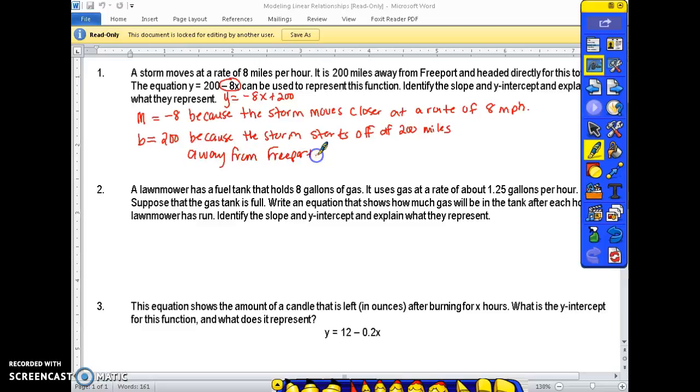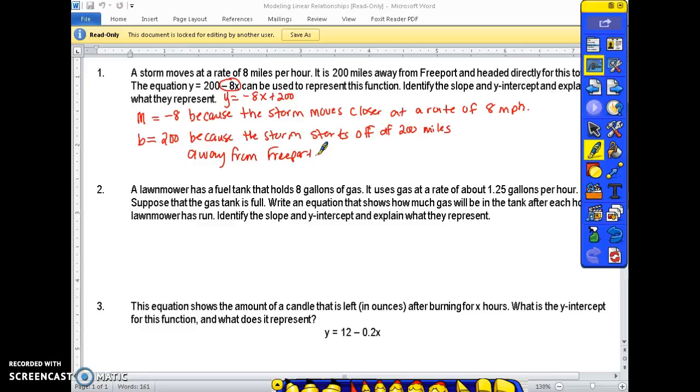So our initial value is 200 because when the storm starts it's 200 miles away from Freeport, and our constant rate of change, or our slope, is negative 8 because the storm is moving closer at a rate of 8 miles per hour. It's moving closer to Freeport. So every hour we take 8 away from the 200, and that's how many miles the storm is left from